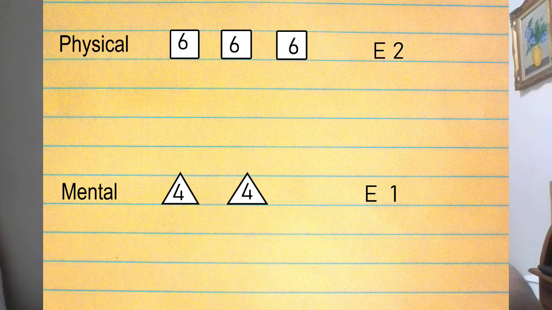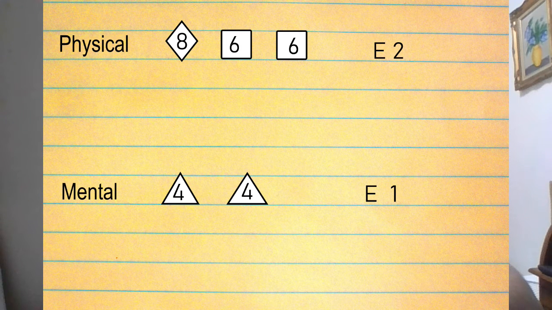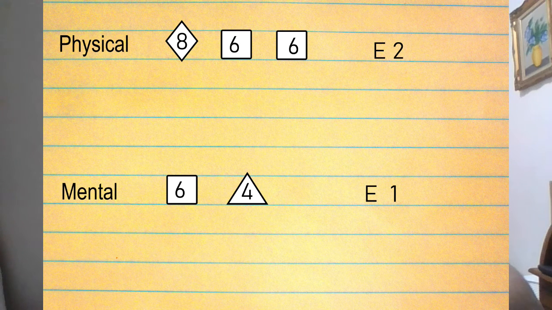I'm going to take Inspector Nozick's dice pool and make 3d6 and 2 edge in his physical pool into 1d8 and 2d6 and 2 edge in his physical pool. For his mental pool, I'm going to make 2d4 and 1 edge into 1d6, 1d4, and 1 edge in his mental pool. Now that you have a character, you can go on to adventures and face difficult encounters. We're going to get to that next time.